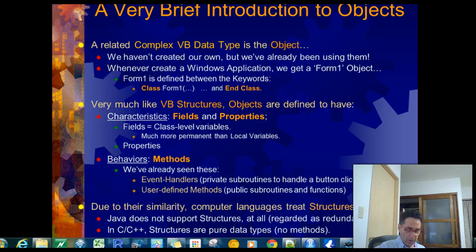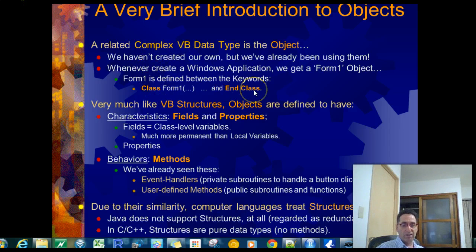Okay, so we talked about structures, and structures are very close to what are called objects, and so this is a good time to talk about objects. So a related complex Visual Basic data type is the object. We haven't created our own objects yet. We just created a structure, but we've never created our own objects, but we've used them very often. Whenever we create a Windows application, we get a Form 1 object, so that's an object. Form 1 is defined between the keywords